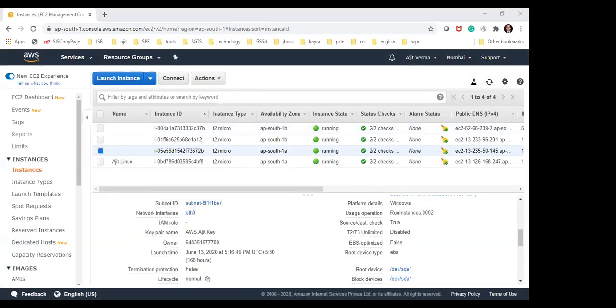So we have this availability zone as AP South 1A, 1B, 1C, right? See, AP South 1A, 1B. 1A is one data center, 1B is another data center. Asia Pacific South 1 is Mumbai, I think. In Mumbai, AWS has got two logical data centers. That is why they named them 1A and 1B. So what he has done, I think he has provisioned two servers in 1A, two servers in 1B.